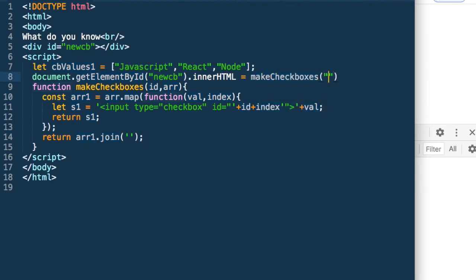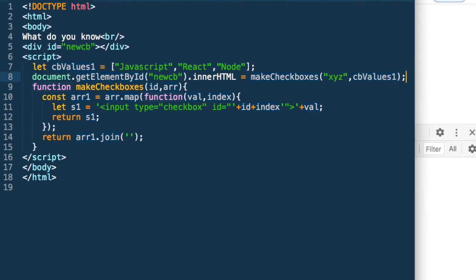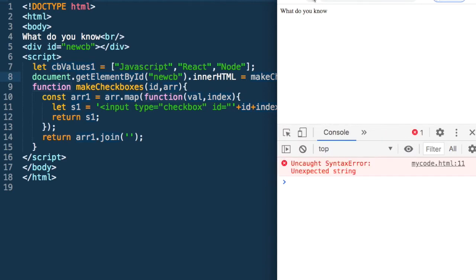Let's give it the ID, let's say XYZ, just so that it's different. And what is the array? CBvalues1. So this should work.